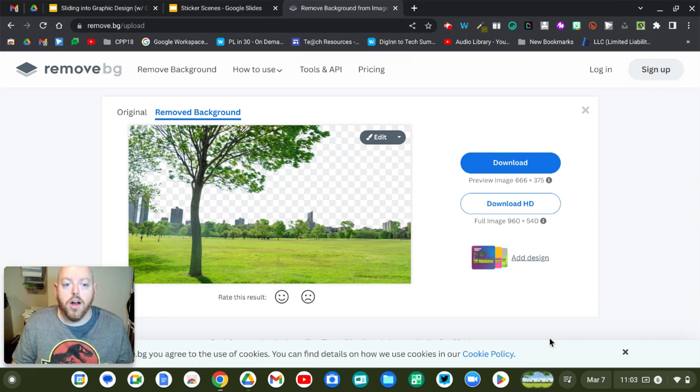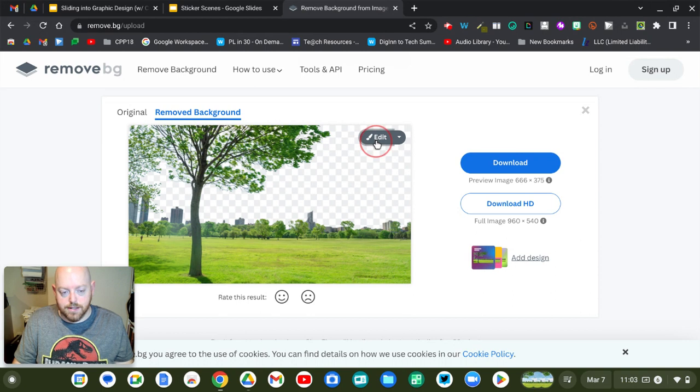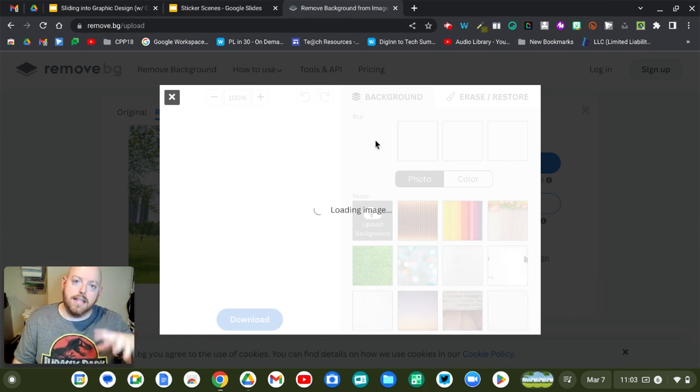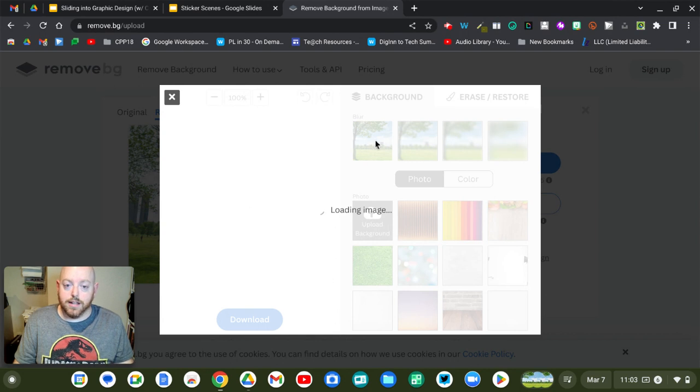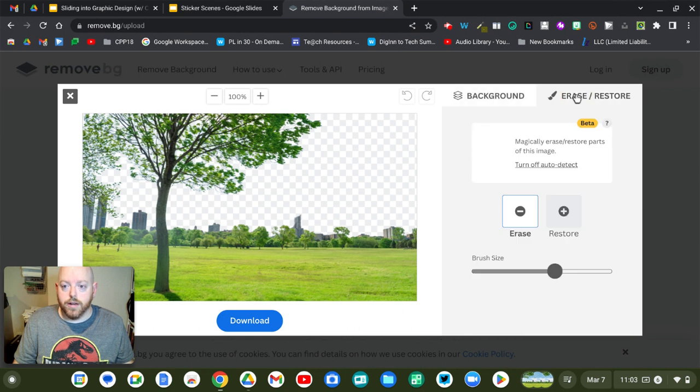So how do we do that? Well, it does have some other edit tools built in. If you don't quite like what it does the first time, you're going to click where it says Edit. And this one has a brand new feature that is very similar to cleanup.pictures, where you can paint it with a little brush, and then it's going to go in with AI and try to clean up wherever it is that you suggested it needs to clean it up. So now I'm going to go to Erase and Restore. And notice here it has this magic eraser turned on, and I've got the eraser selected. When I come over here, I'm going to try to